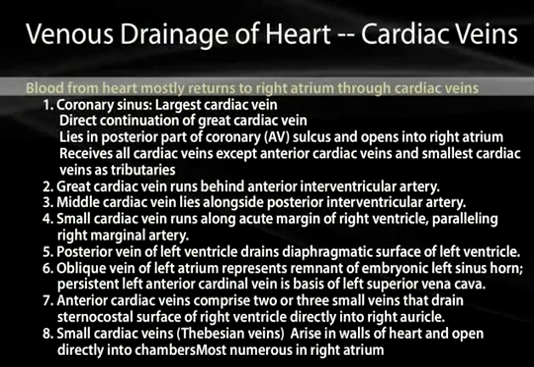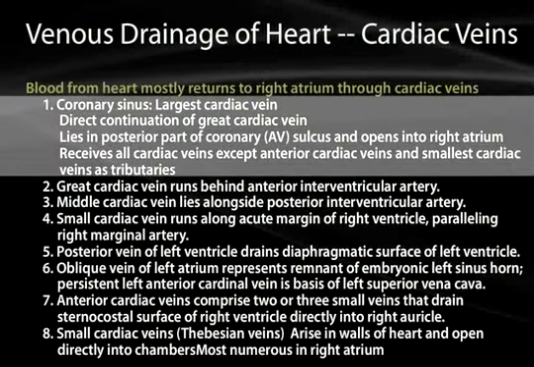Then the venous drainage of the heart is going to be important as well. There's going to be blood from the heart that has to get back into the heart, and it mostly returns to the right atrium through the cardiac veins. The largest of the cardiac veins is going to be the coronary sinus, and we'd mentioned earlier that it runs in the atrioventricular sulcus. That's going to collect the venous flow back from the other major areas of the heart,